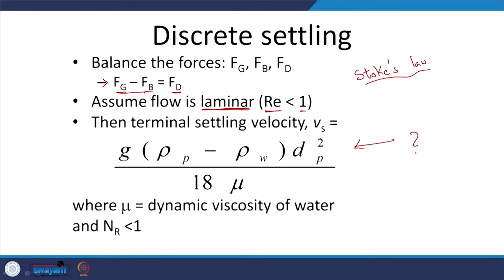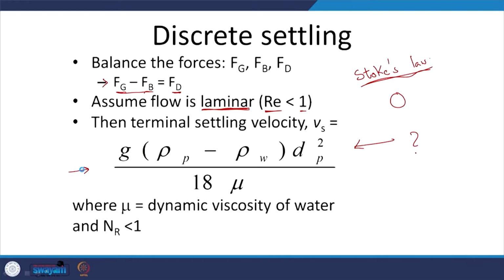So, we will apply Stokes' law only when the flow is laminar and the particle is a sphere. That is something for us to keep in mind. So, look at this, and again you can look at this equation too, right. So, that is what we have again only for